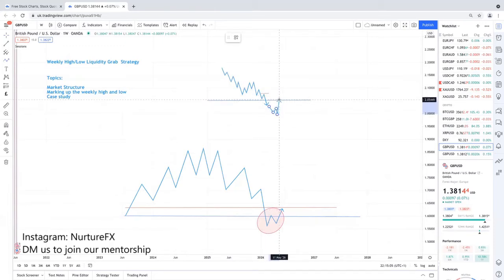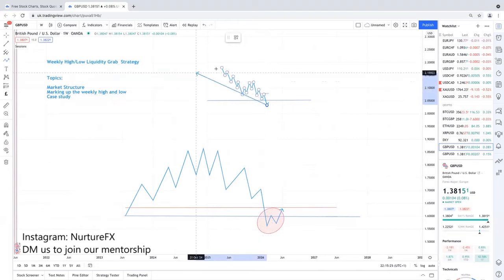But we want it, well, let me simplify it. Once it's carried on down here, if it comes back up, then like we said, we're not predicting the market here. We cannot predict the market. The market does what it wants. Well, the market makers make the market do what they want, and the algorithm of the market means that it does what it wants. So we can't really predict the market, but what we will do is react